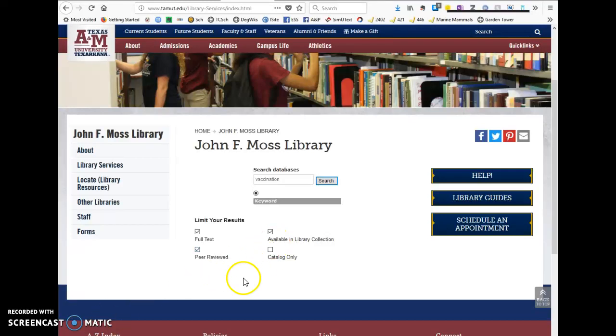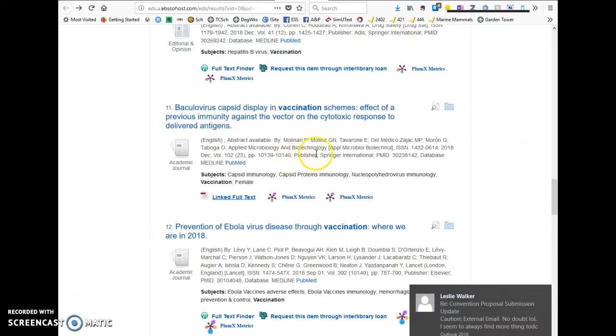Okay, I just wanted to show you a little bit about peer-reviewed journals. So I'm at the library website. You notice I've checked full text because I want to see the whole thing. Peer-reviewed, and it's available in our library. So when I click search, I'll get this